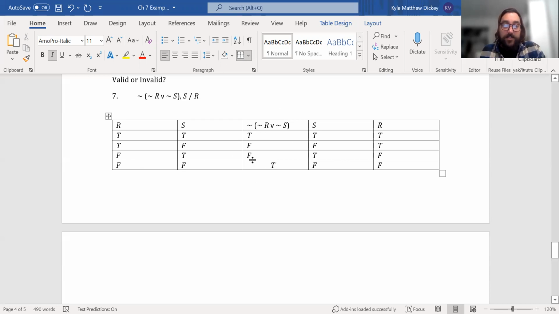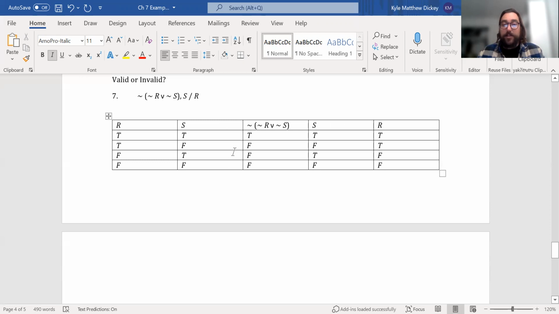And then the negation, so that's going to turn this out to be false. And once again, that doesn't matter for us, right? False premise, false conclusion. Fine. Guess what? We have now determined that this argument is not invalid, right? It's not invalid. Why? Because there are no situations in which the premises are true